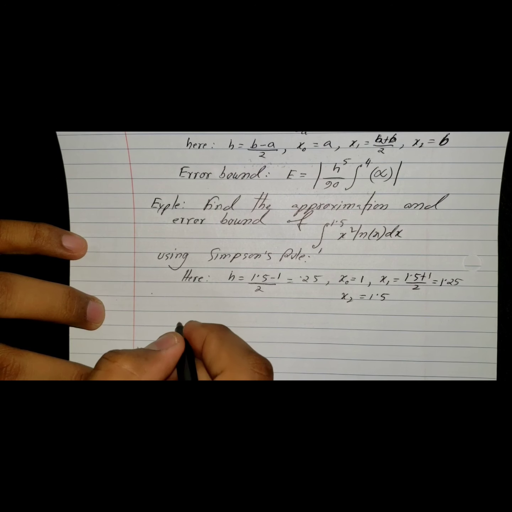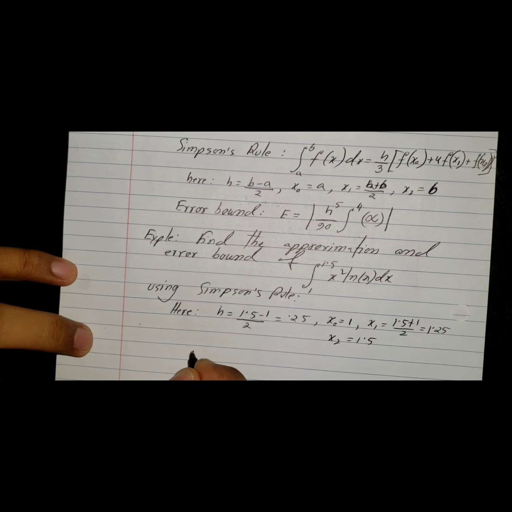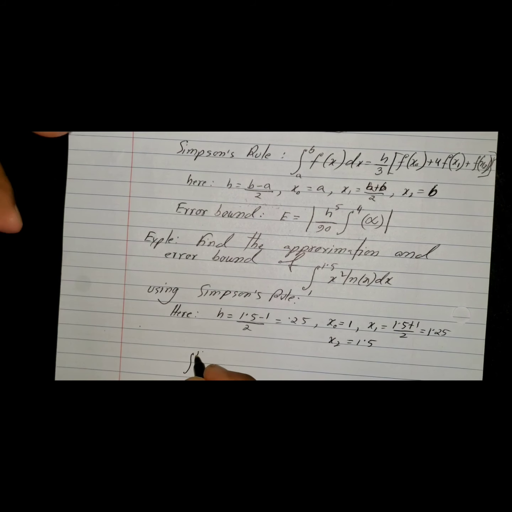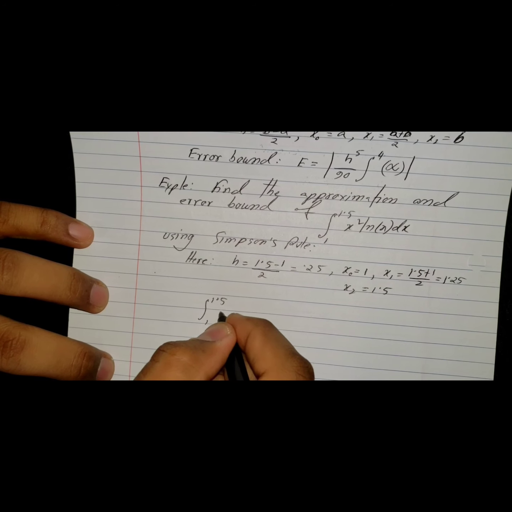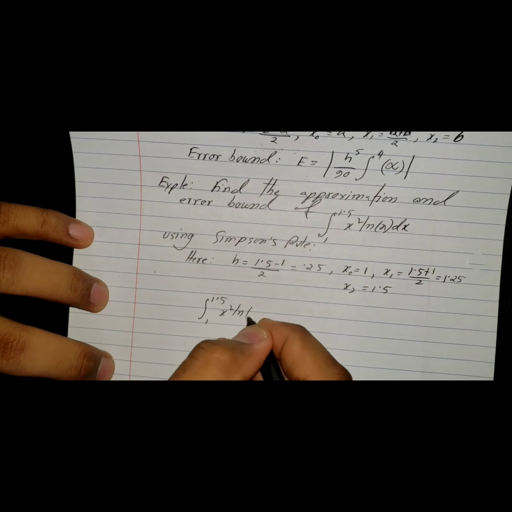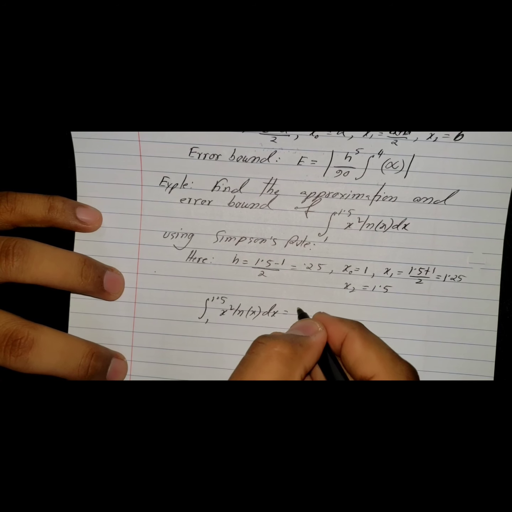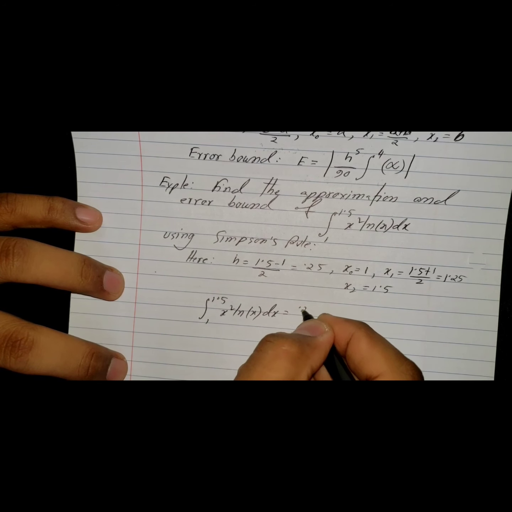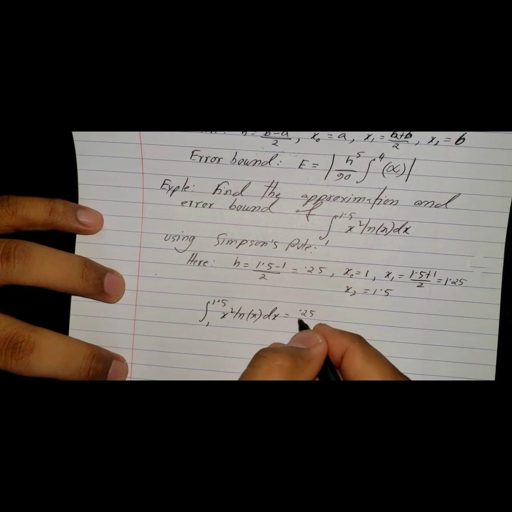Now plugging in the equation, the equation given to you is the integral from 1 to 1.5 of x squared ln x dx, and that gives you 0.25 by 3